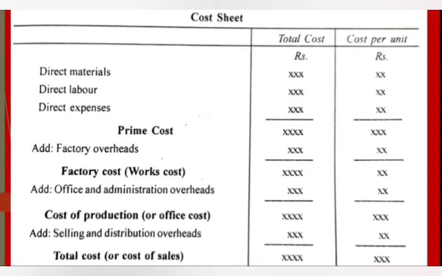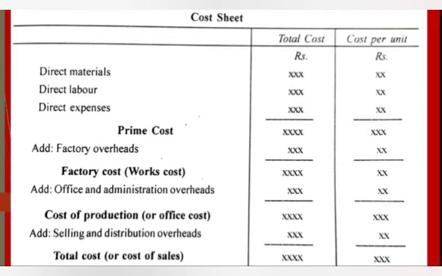And if any factory overheads, that is the indirect charges incurred in connection with the production in factory, it should be added. Factory overheads is also called work overheads. So what comes under factory overheads, like factory rent, plant depreciation, repairs to machinery, factory buildings, factory insurance, even coal, gas, power related to factory, everything comes under factory overheads.